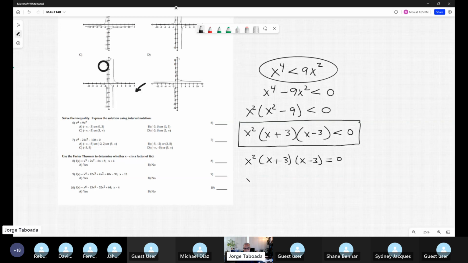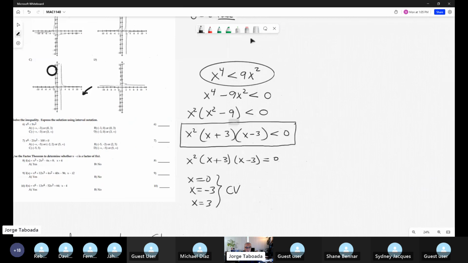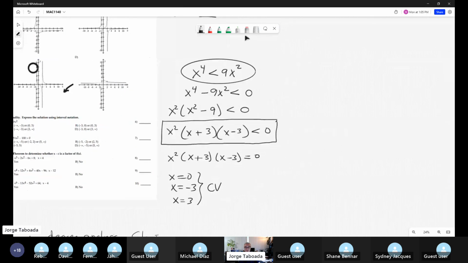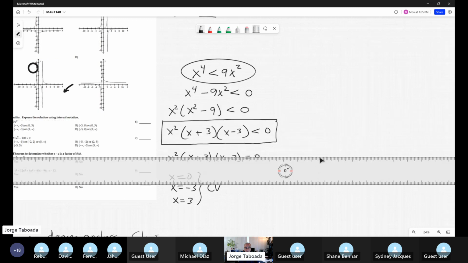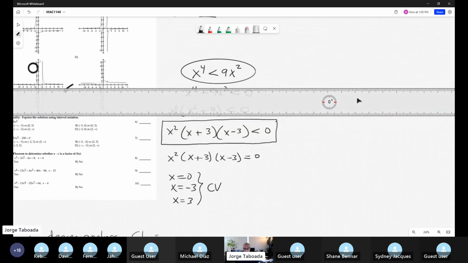And you see, okay, x is 0 is one solution. X equal minus 3 is another solution. And x equal positive 3 is another. And this is the critical value. And the critical value helped me to make a partition of the real number and after the selection of the testing point. Okay, this I want to see, and the answer you send me by email,